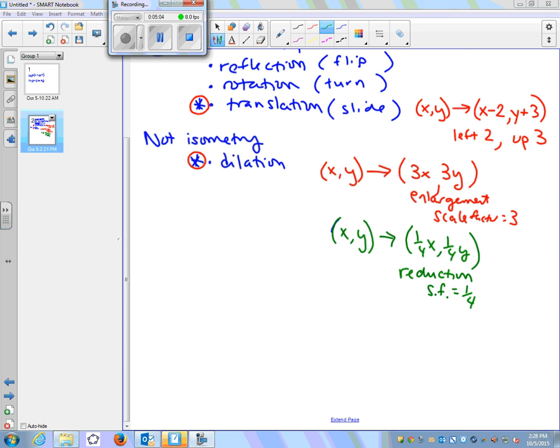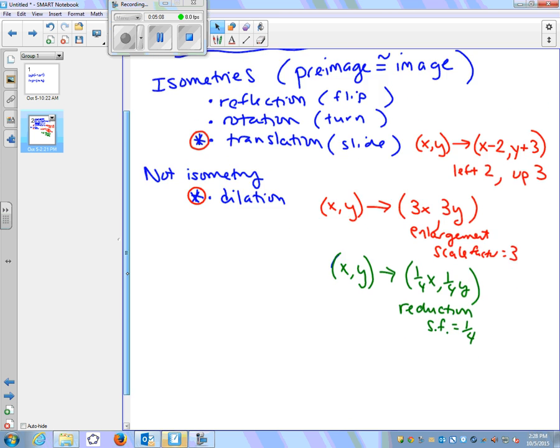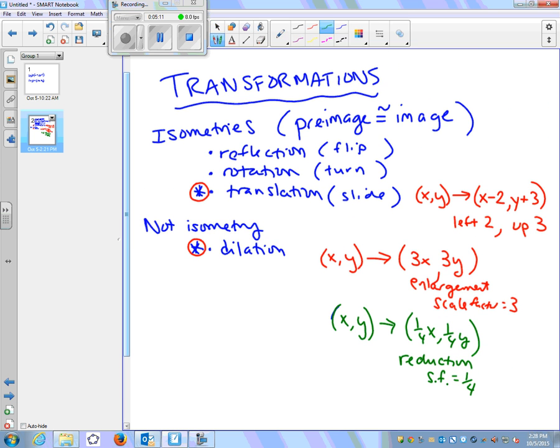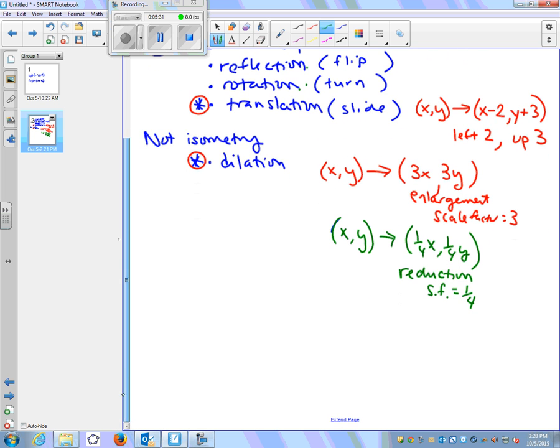You should also be able to obviously recognize a translation rule. Reflection and rotation, I don't need you to memorize the rule for rotating around 90 degrees, and you don't have to memorize those rules. You might not recognize those when you just see the rule. You might not go, oh yeah, that's a rotation. That's okay. In all cases, though, you should be able to take a point or a series of points